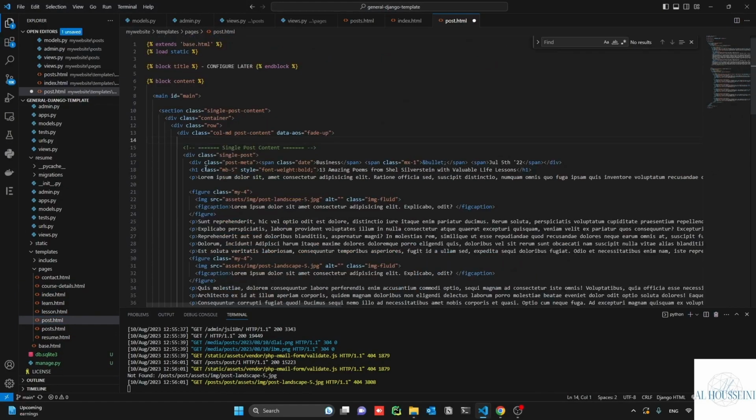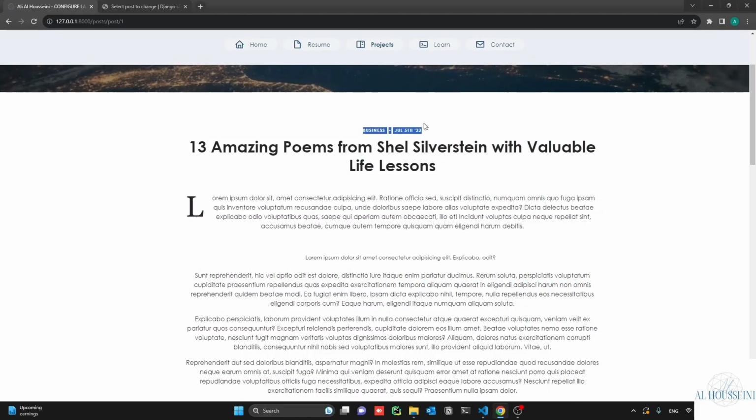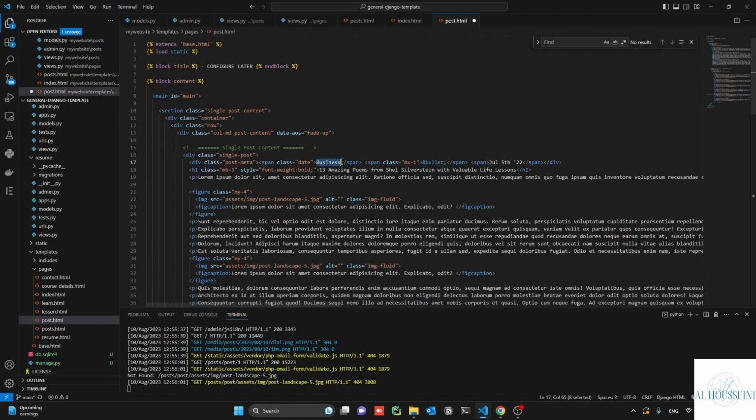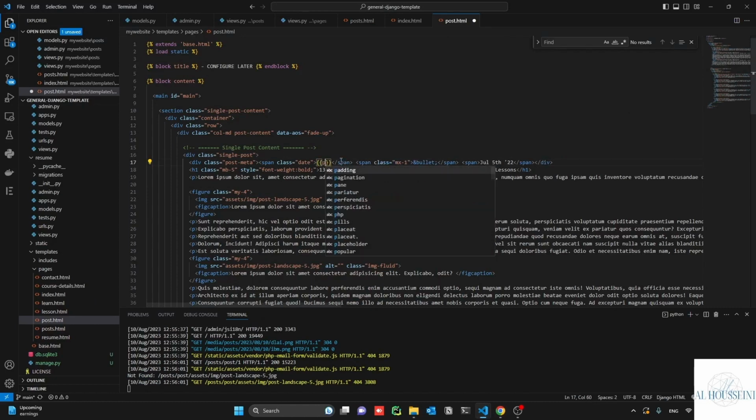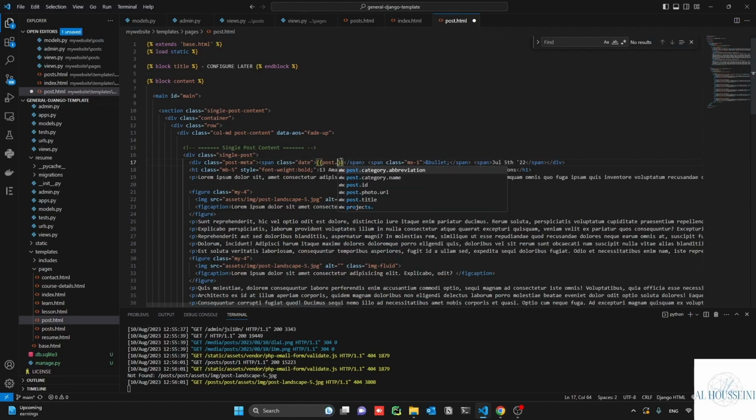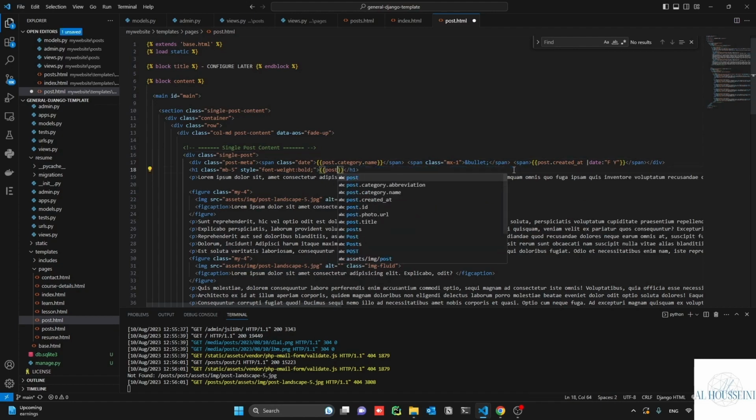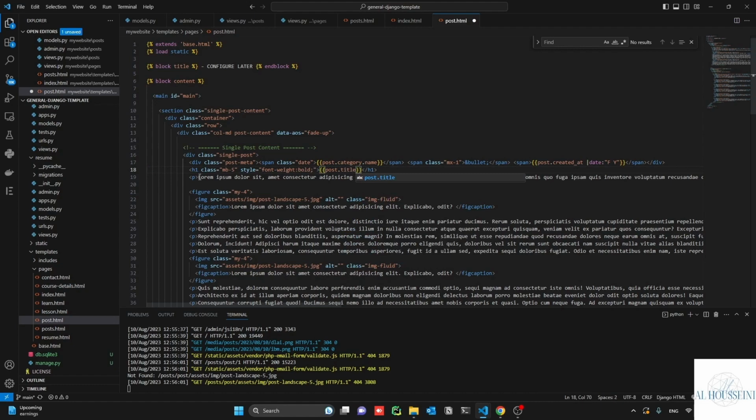Okay, so here what we are going to do is that we have this section, which is related to this one. What I'm going to say is that for any post we have post.category.name here, and we have also here post.created_at, type date, in the format. I want the format F Y, so month, year. Here we have the title, post.title, and in this paragraph we have,